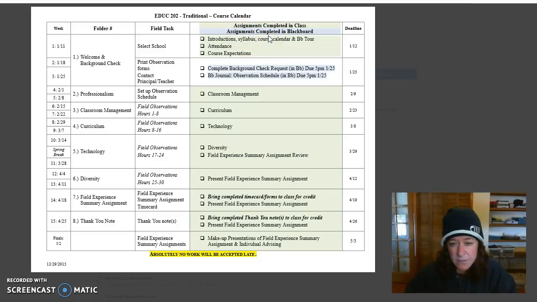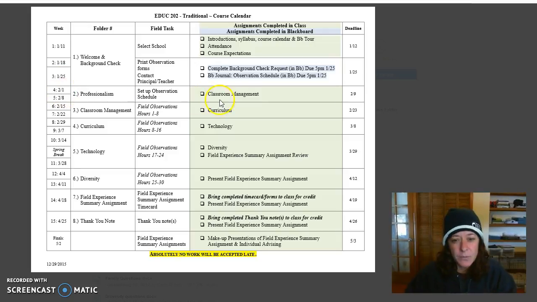Okay, so you only have 2 assignments in Blackboard. Everything else we'll do in class. It's a 1 credit class, very simple. I do not make this super difficult. 1 credit, not 3. We'll do all of this in our first class, and then for the next 2 weeks I'm going to work one-on-one with students who are having difficulty getting observation sites lined up. So if you come in the second week of class and you're all set to go, I may not need to see you the 3rd week. And then the 4th week is where we really start meeting and talking about what you're seeing.